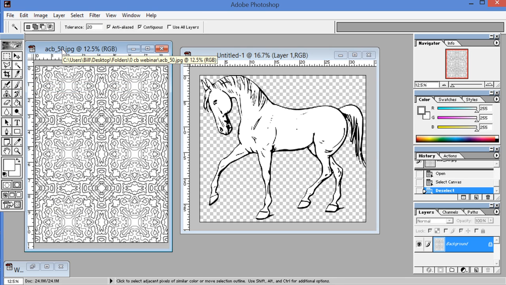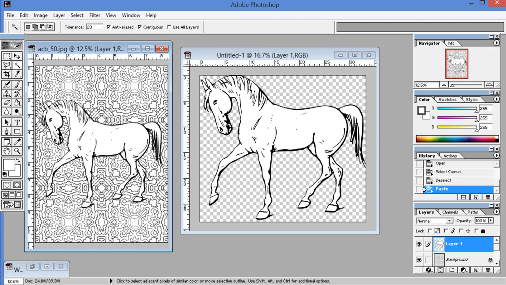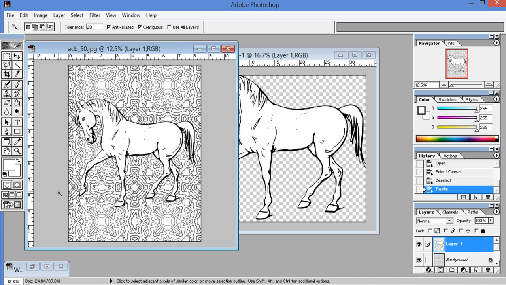Then we come over here to the background, and I'm going to do paste. And now I have a horse in front of the background. Now you've transformed the background image into something new. Now let me do this too. This is pretty neat. Maybe you don't want to use the background for the entire back of the page. Maybe you want to set up the illusion that this horse is walking across ground and this design is